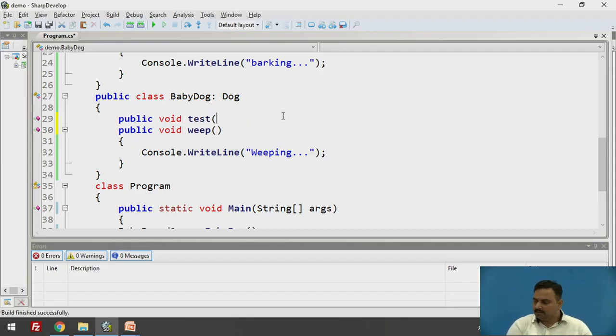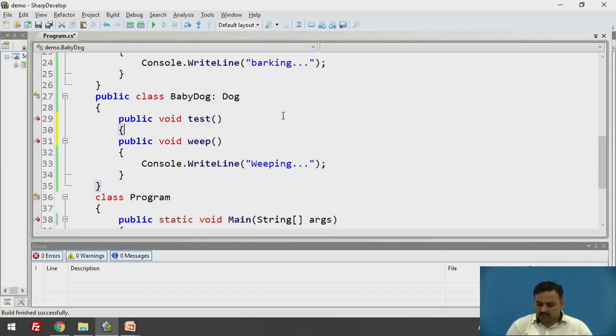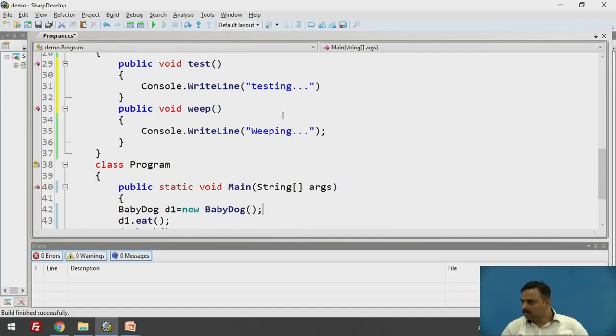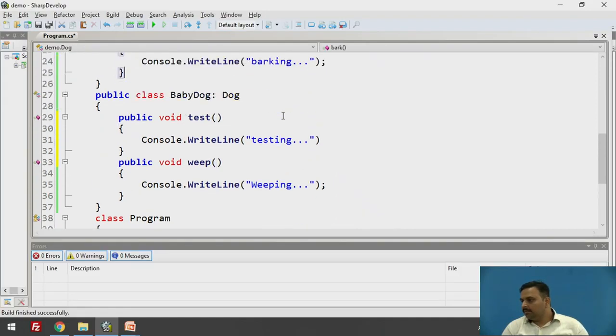Public void test, Console.WriteLine, and obviously here, write testing. Yes, now we can access it through the intermediate.